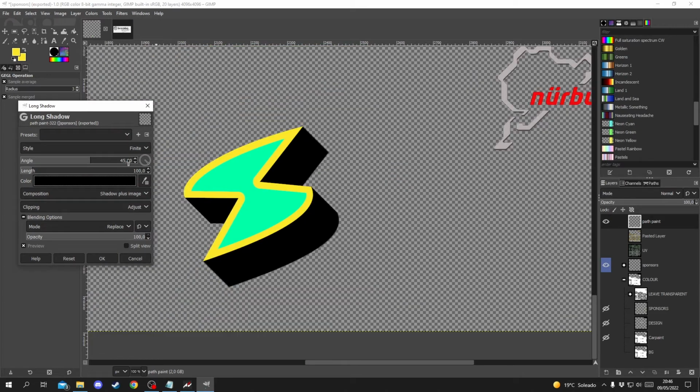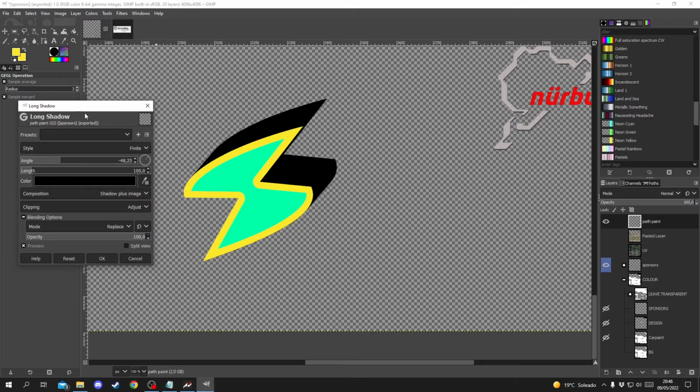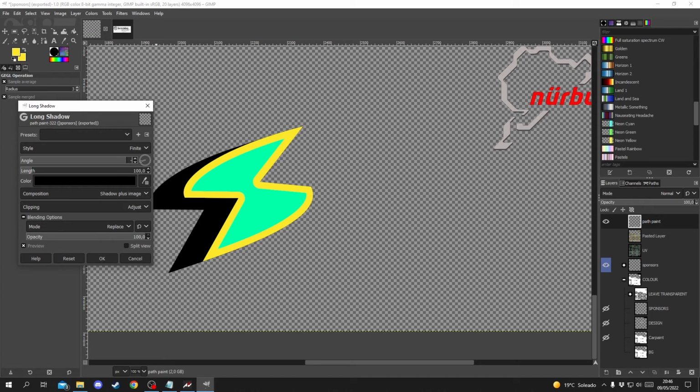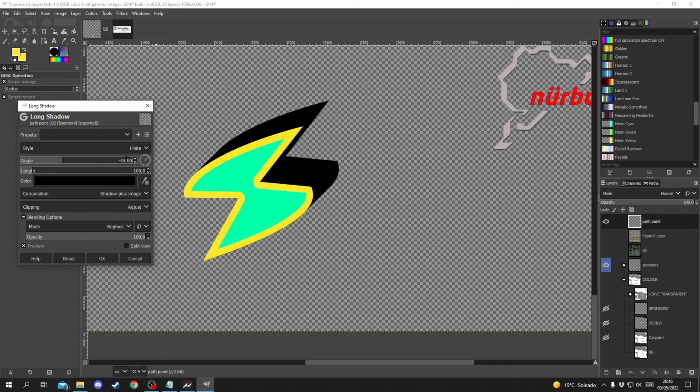You can adjust it. You can play with the angle, for example, -45, or you can type it in. Double click, type, enter. The length of the shadow. Maybe we can put it a little bit, not too big, just a little bit